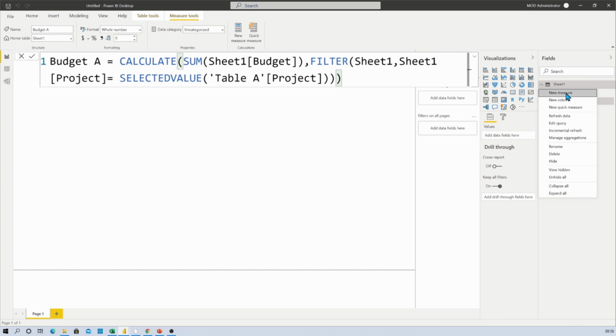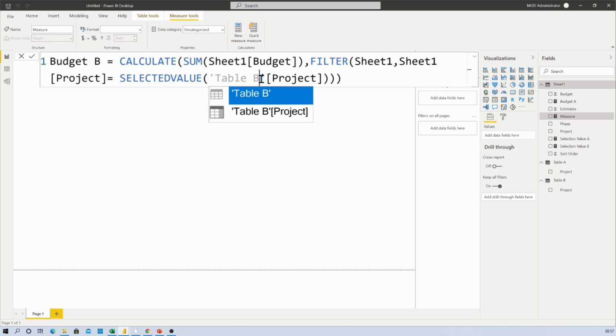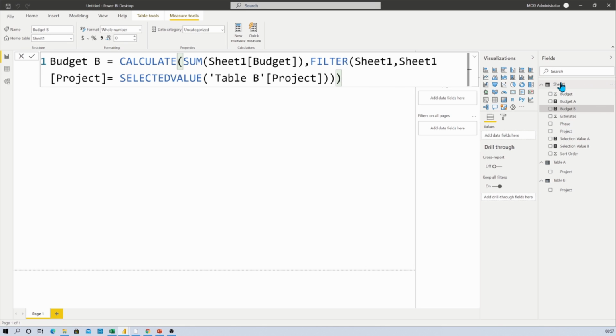In a similar way, we need to create the same measure for Budget B, and here we need to calculate the same budget. The only difference is that we need to have the selected value from table B, right? Alright, so we are good to go. Now in a similar way we need to create a new measure for estimate.